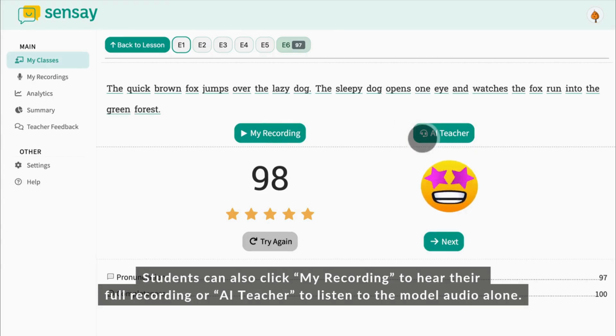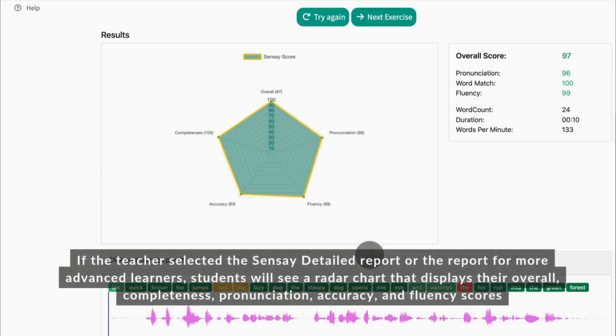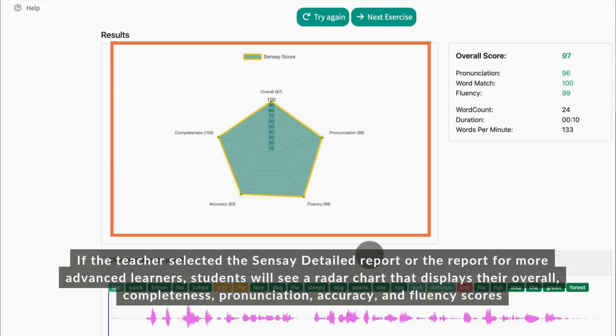Students can also click My Recording to hear their full recording, or AI Teacher to listen to the model audio alone. The report uses emojis and stars, along with a score to motivate learners, and it provides grades on fluency and pronunciation. If the teacher selected the Sensay Detailed report or the report for more advanced learners, students